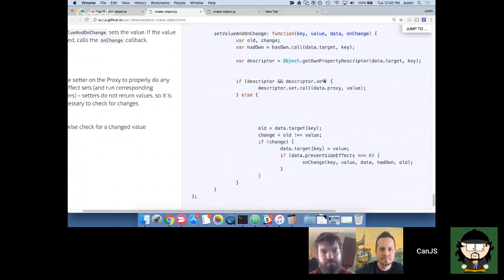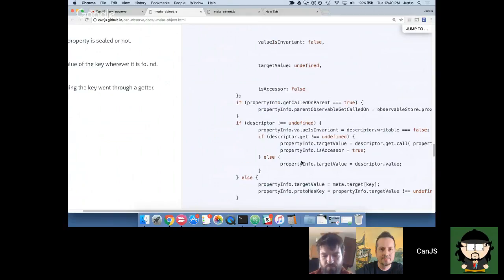Anywho, all this does is try to set the property. If there's a property descriptor there, it's going to call the property descriptor, and then set it on the target, and if the value changed, call onChanged. Now there is this prevent side effects, where we'll see how this is used in a second, but sometimes the proxies, setters, and getters are going to be called, but we don't want them to do all of the observable stuff. We don't want it to fire events, and we don't want it to call